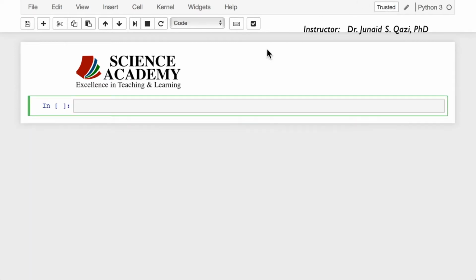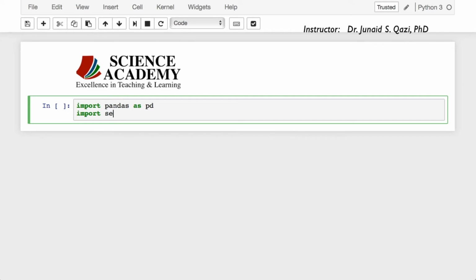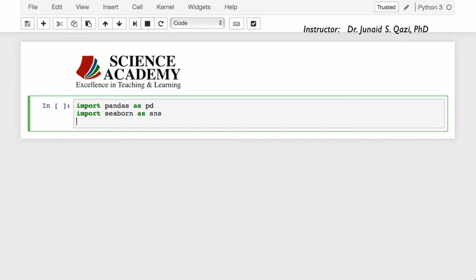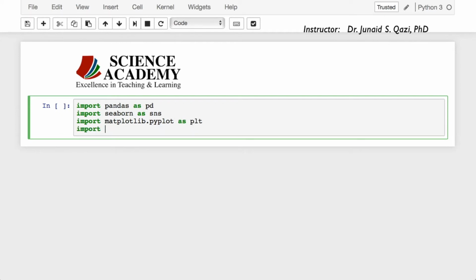Once again, we will start with the new Jupyter notebook, and the first thing first, we have to import some libraries that we are going to use in this project. Import pandas as pd, import seaborn as sns, and let's import matplotlib as well. Import matplotlib.pyplot, once again press tab for autocomplete, as plt and import numpy as np